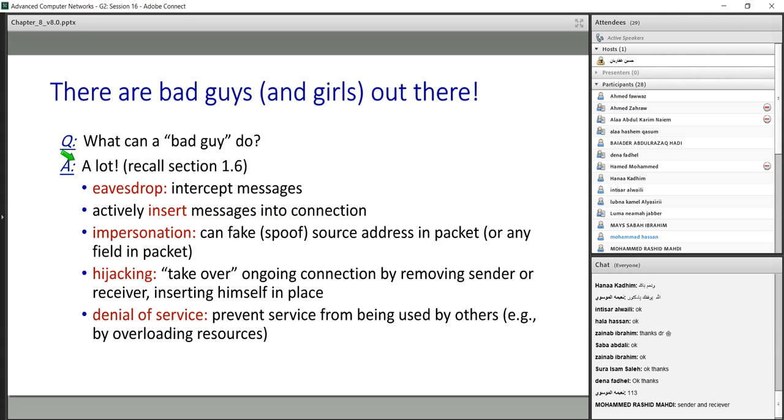Maybe they create a fake identity of mine. And using that fake identity, or spoofing my ID, Trudy can send information from my side to the other side. Okay, I'm Hussein. I'm asking you to send me, for example, $10,000 if you want to pass this course. Okay? Then you receive this message from my side.